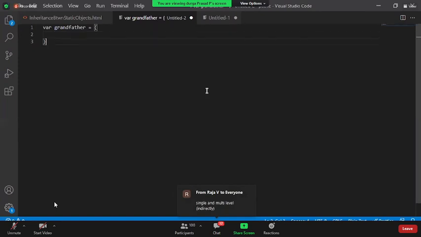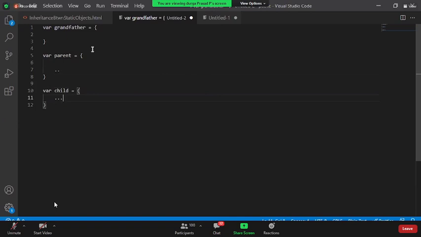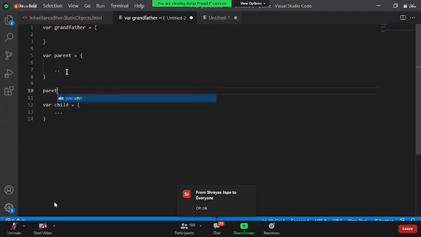In the same way, I have my parent property. I'll be having some data. Now, when I say child property, can my parent access my grandfather's property? Yes or no? Yes, sir. So what should I do now? Do I need to say parent.__proto__ is equal to grandfather? So I am able to access this data.